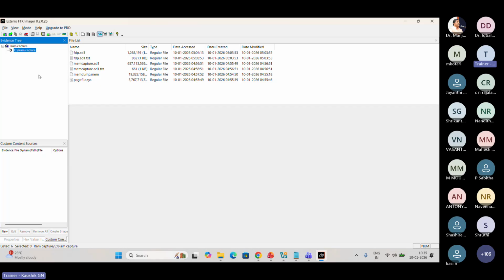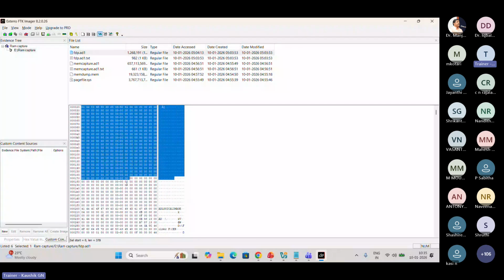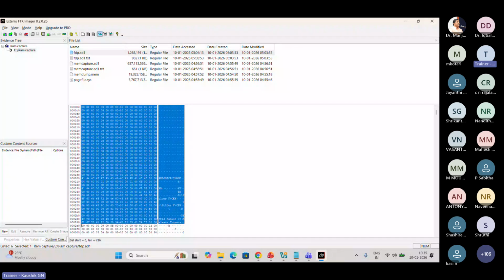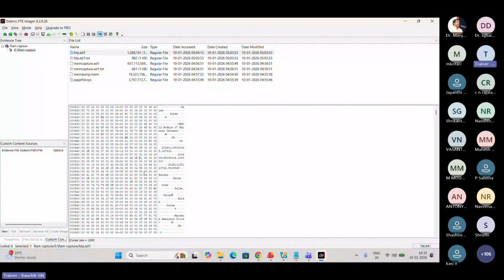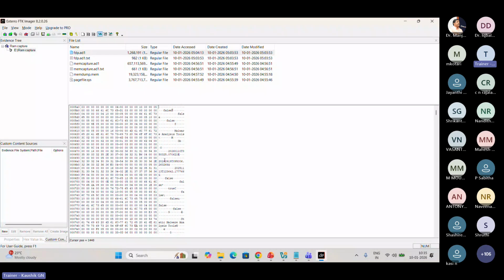Here, the data. So this is the data which I have captured now, FTK. That is the capture for the folder CH in the drive D. I have live captured it, and this is the hash value. Yes. This is how you will live capture the RAM as well as the drive, and you will add the evidence here, and you can analyze it. So this I have done for the folder only. For the physical extraction and the logical extraction, you have to insert the physical pen drive or the hard disk, and then you can analyze it.